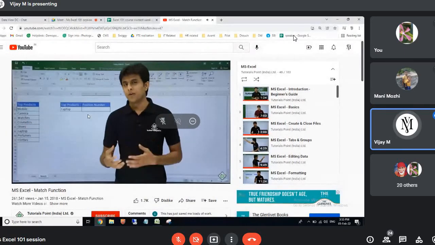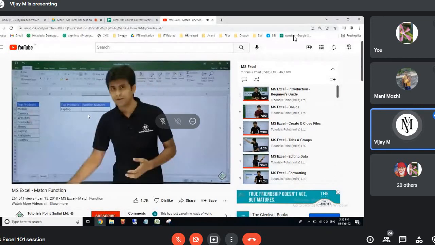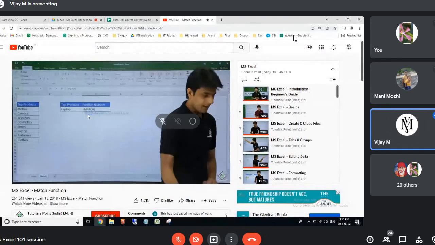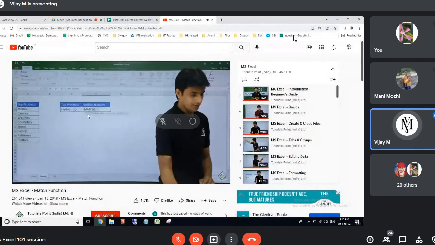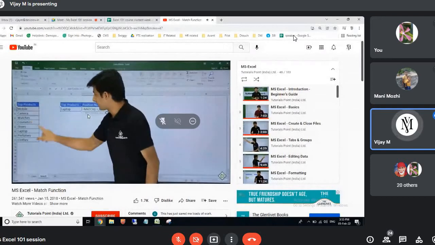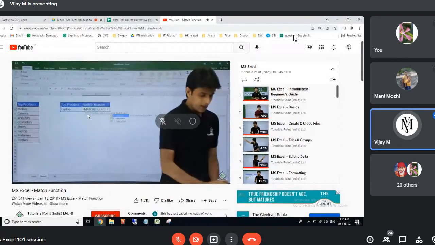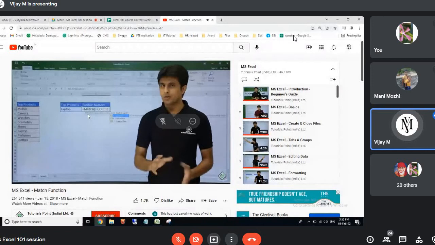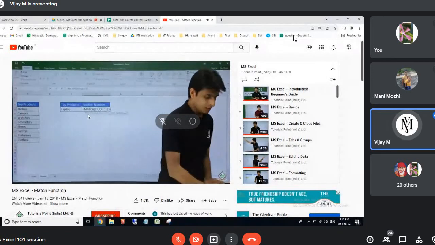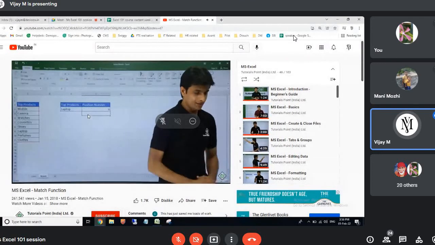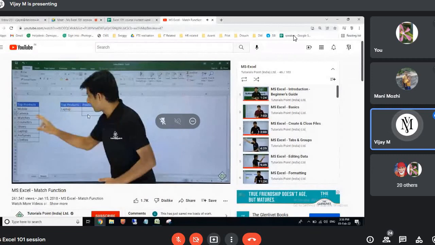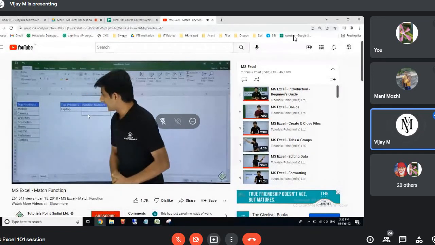How do I calculate using a function? Imagine the data is very large. I have to use a function. The function is equal to match. And it says lookup value, so that's my lookup value, comma. Second, it says the table array, so I'll select this one, comma. How do you want it? Do you want the exact match or do you want greater than, less than? So right now I'll go for exact match and I'll close the bracket. So once I press enter, you see it says the position number of laptop is 6. Similarly, if I want the position number of, let's say,